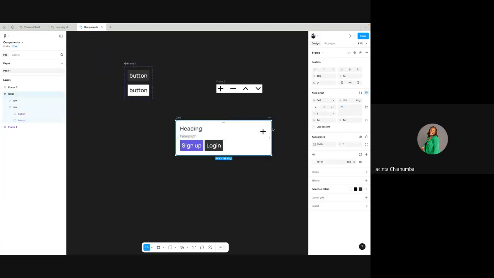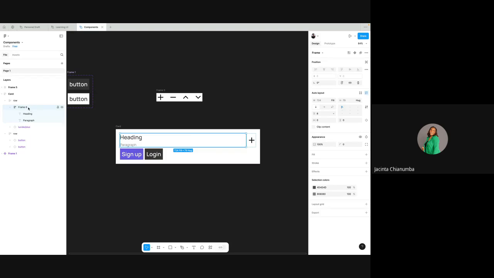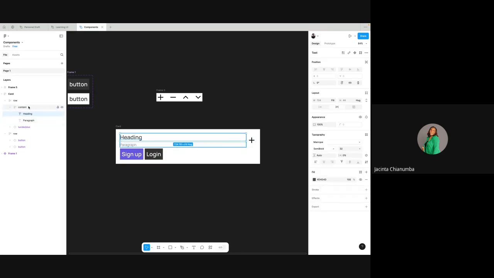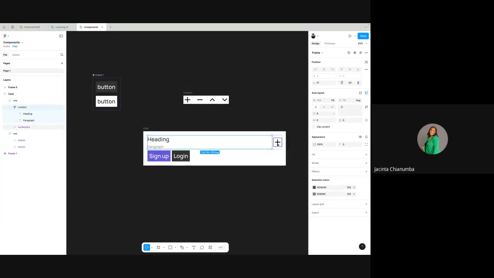You can see on this card, however you want to change it, this plus is always going to be on the right-hand side. But in a scenario where, for example, on this contents part, this plus is not always sitting on the right-hand side, you have to make sure that your contents is showing fill container,